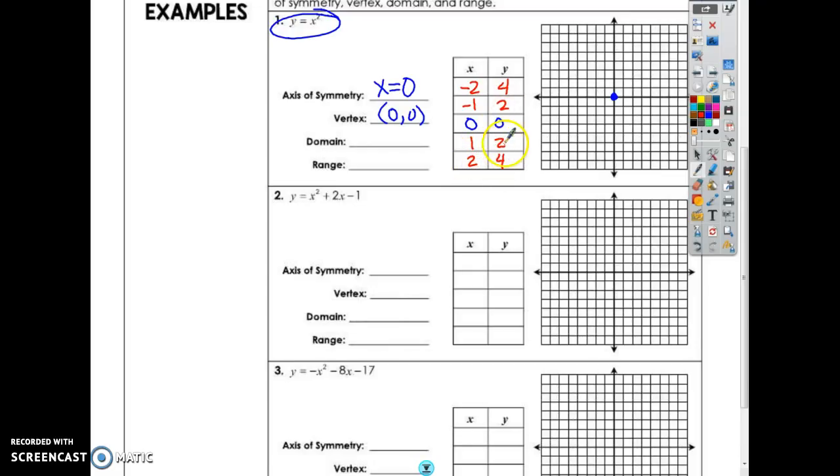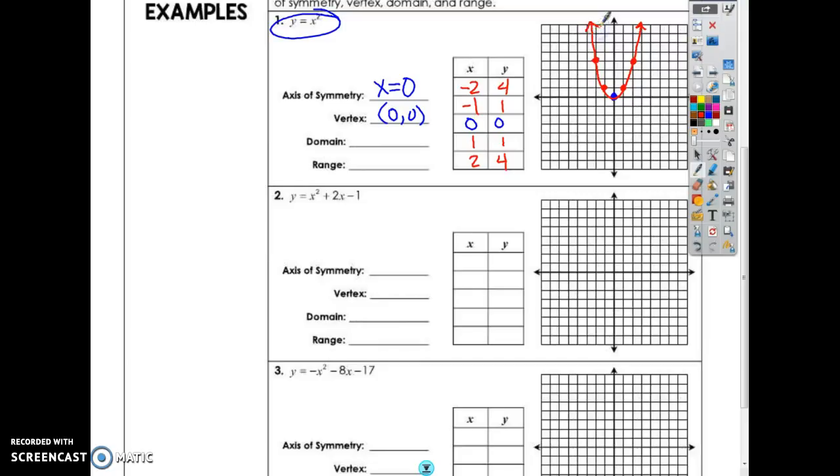Oh, this is a 1? Okay, and it's like a mirror, so whatever you see on the left side needs to be the same thing